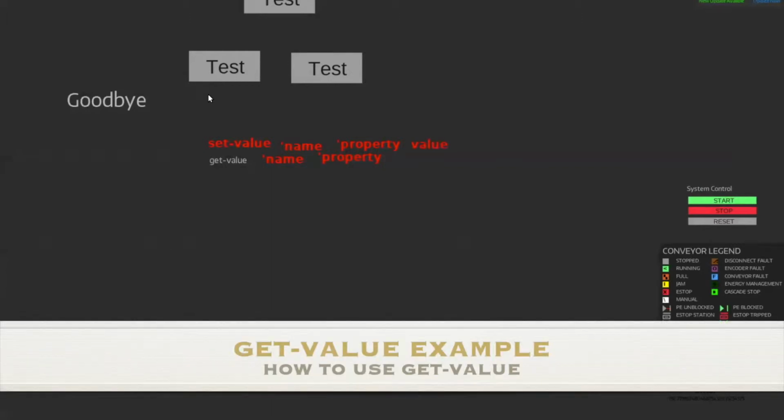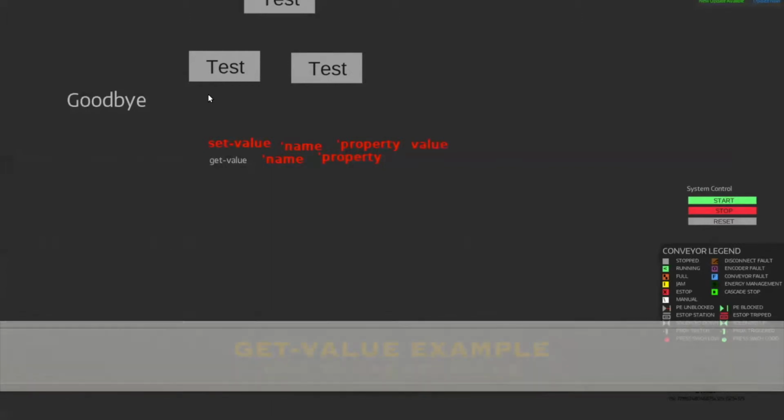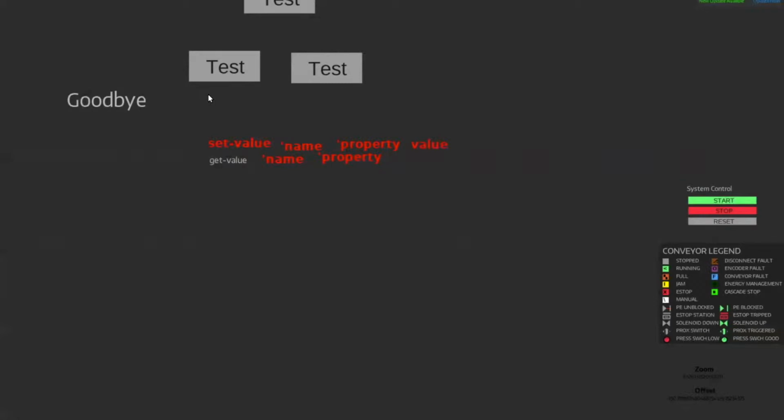Next, we can use get value. So let's grab the color, for instance. So if you insert another text and change the property